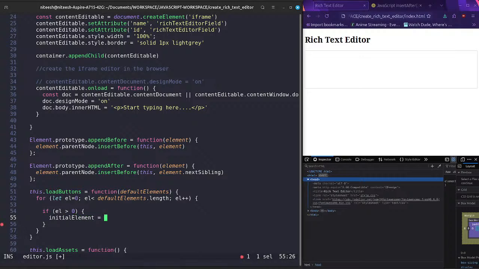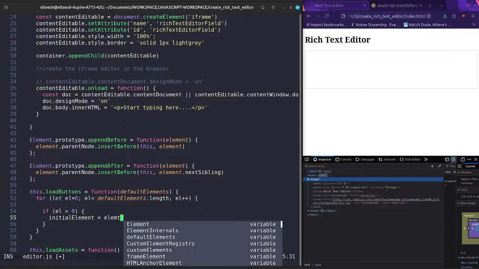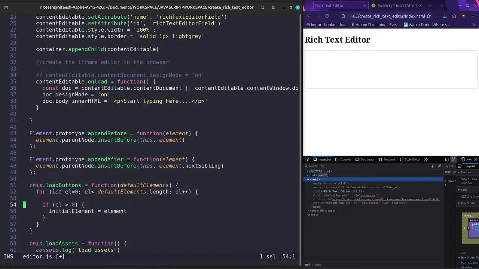Okay, initial element to the element. Okay, so initial element, basically what it does, it will store the initial element, the element that has already been created in the initial part of the loop. Okay, we can say, let's initialize the variable first. Initial